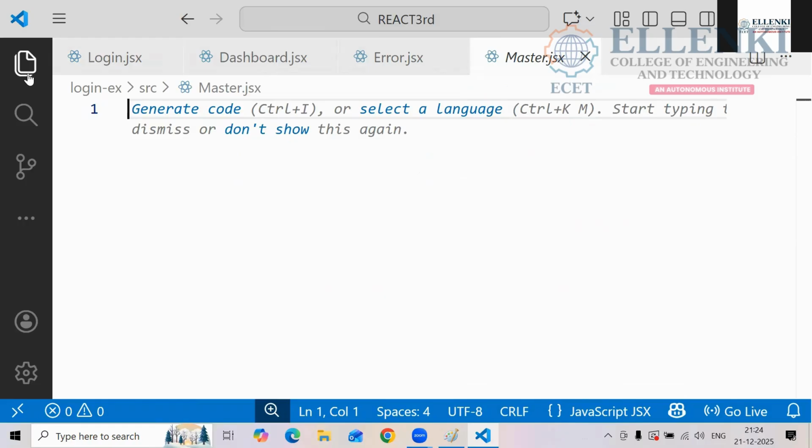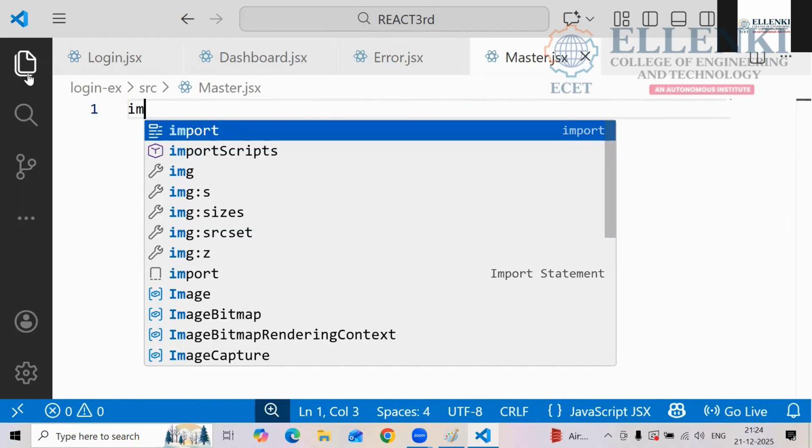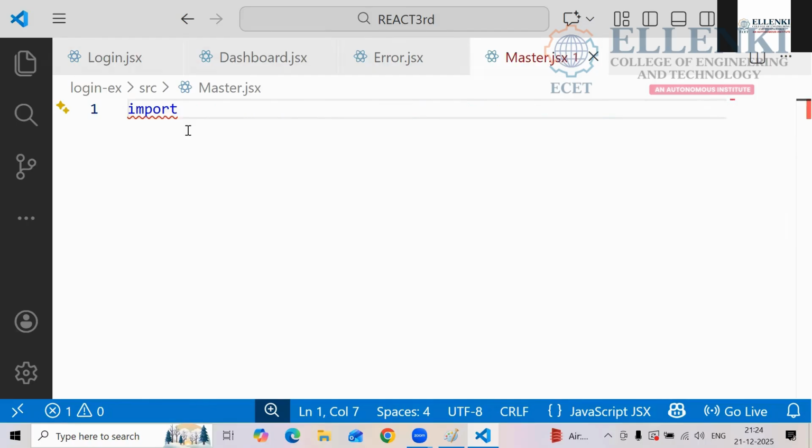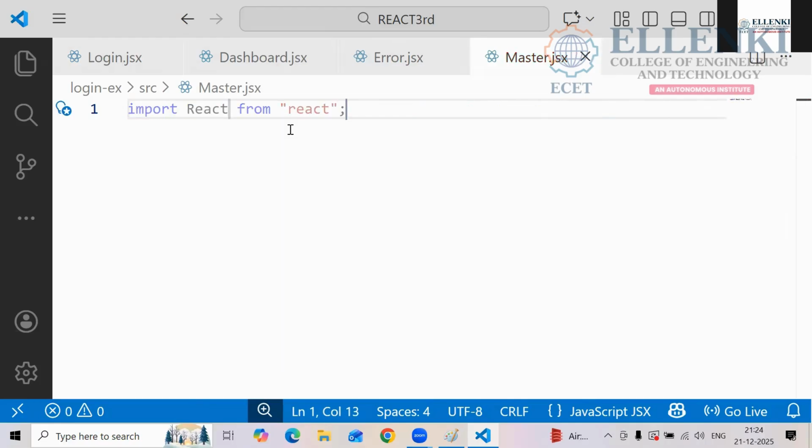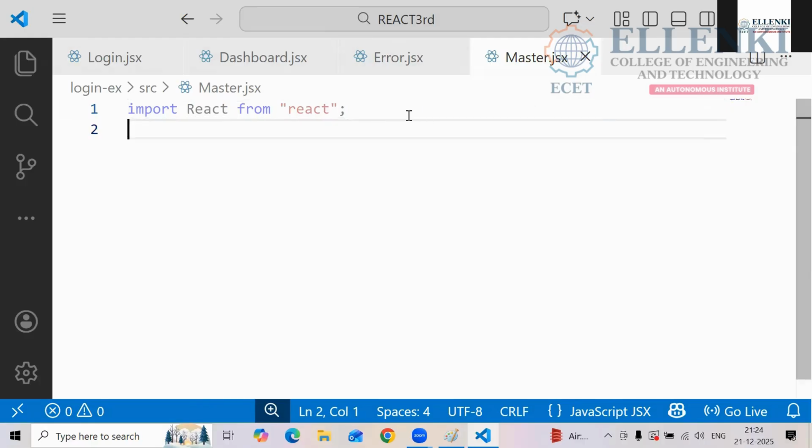Okay. Import React from React, and you have to import the earlier pages also, right?